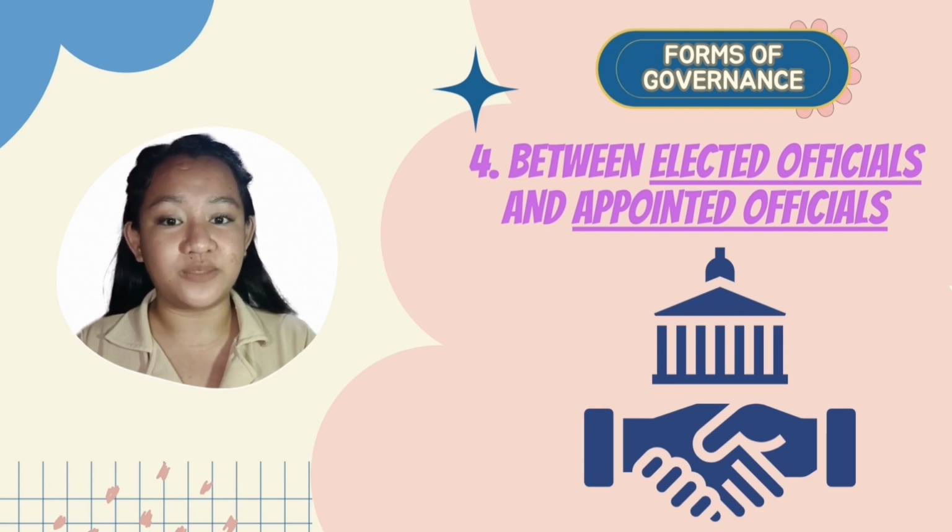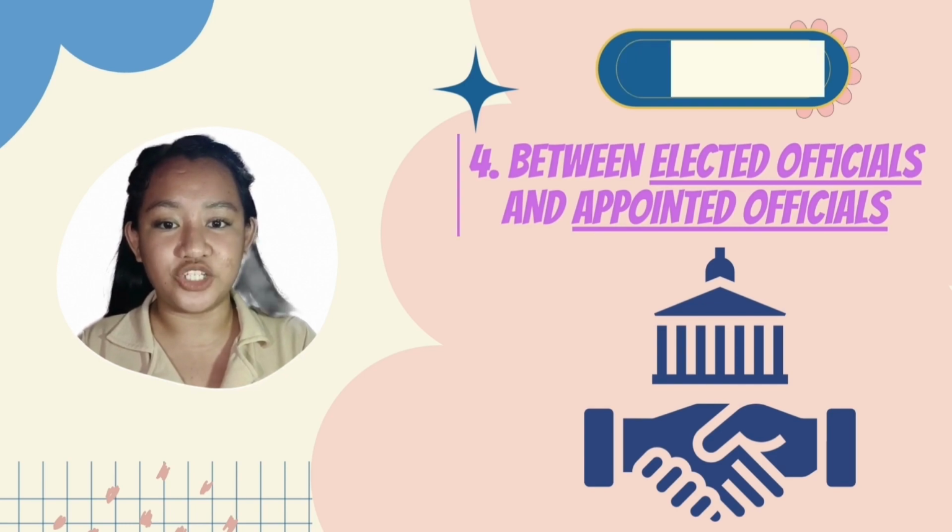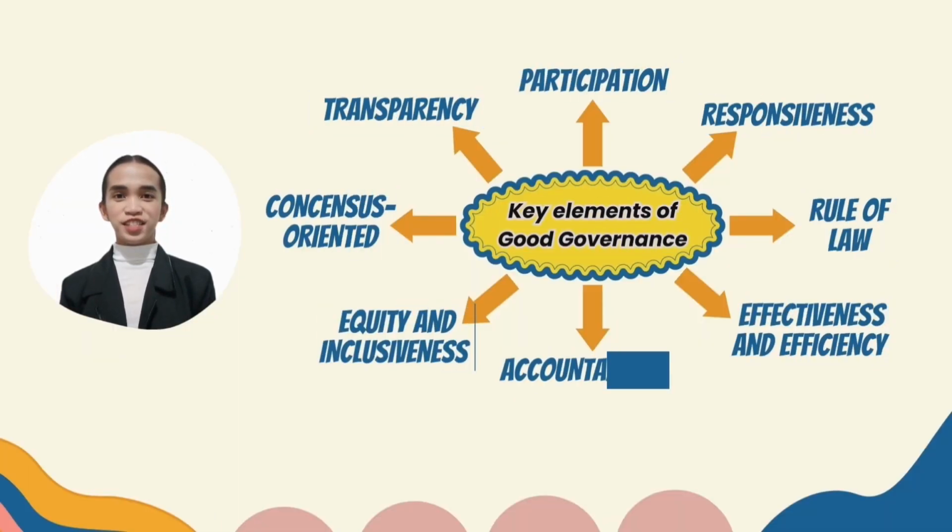So by the help of these mentioned two officials, we can say that the government can have a good governance because they work together in order to have a harmony, peace, and unity in our country. Good governance is responsive to the organization's current and future needs, employs prudence in policy establishment and execution, and considers the best interest of all stakeholders.